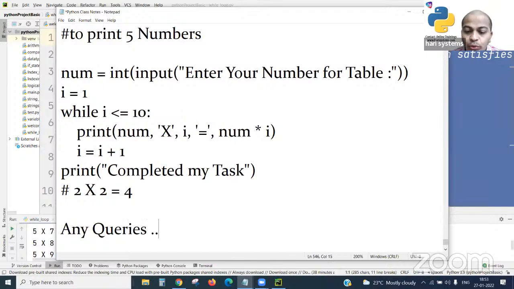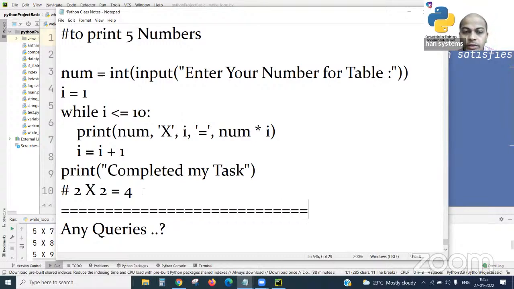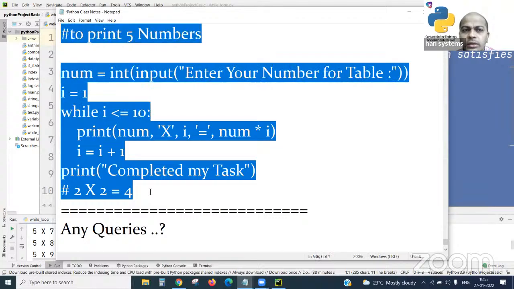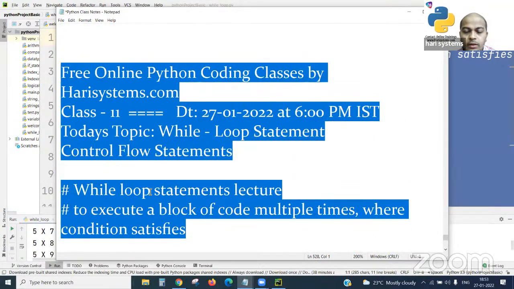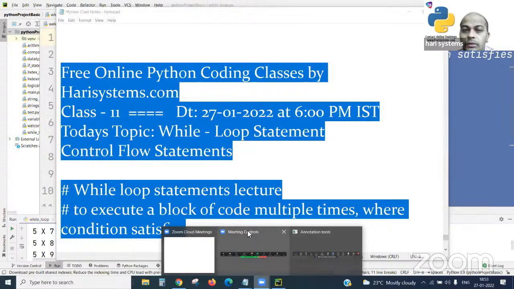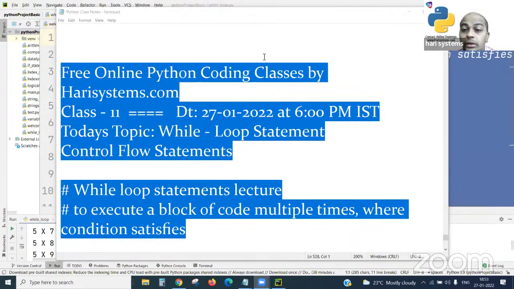You try to practice more and more. Then only you will understand. Otherwise, these loop statements will confuse you always. If you understand and if you are good at preparing the statements, you will be writing programs in a great way.